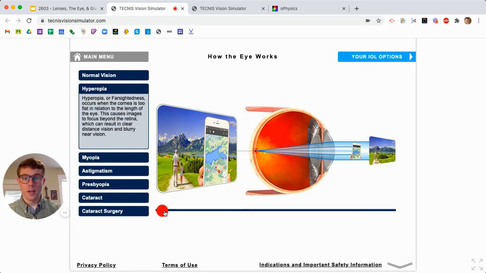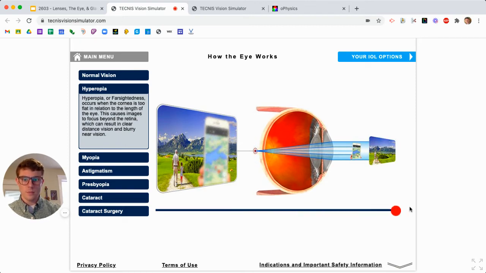When you're farsighted, here we go. See the eye kind of shrinking in. We see how the background of the image is still clear, but the cell phone's starting to look blurry. So in this case, the cell phone is now completely blurry. The thing that's close or near to the eye is actually super blurry, but the background is still nice and